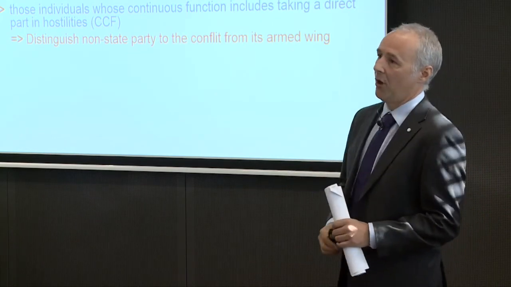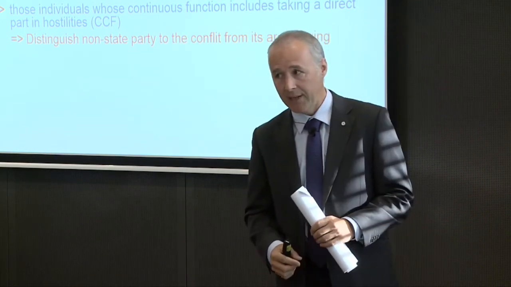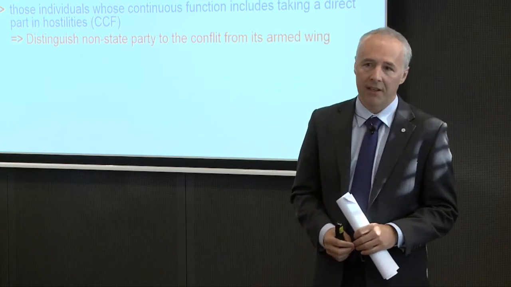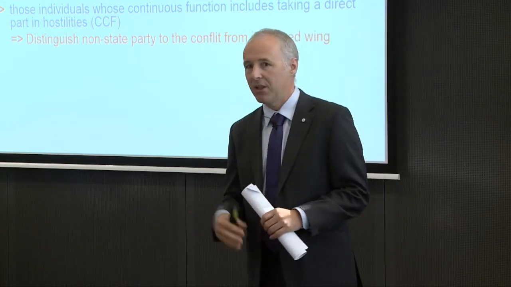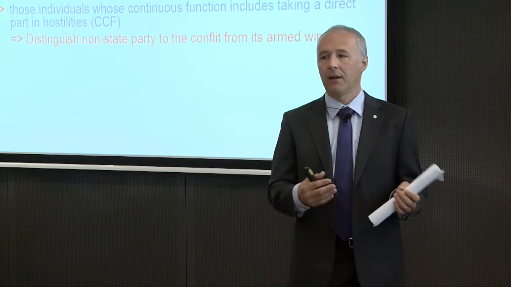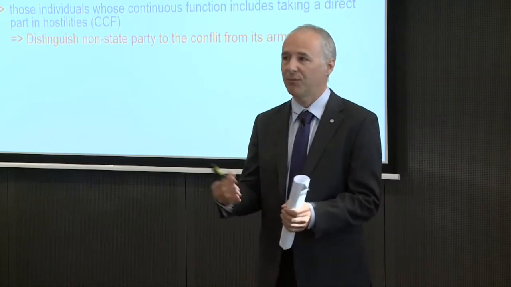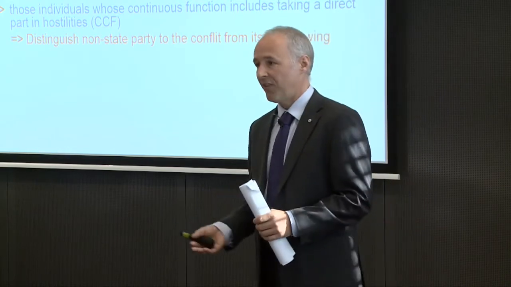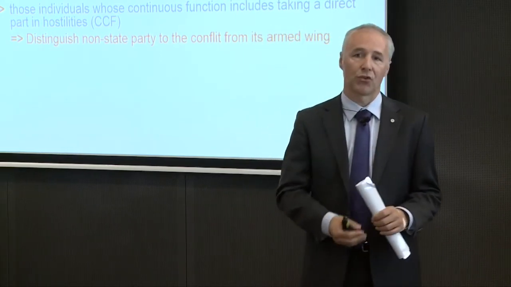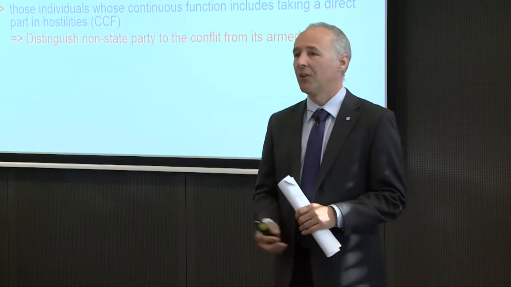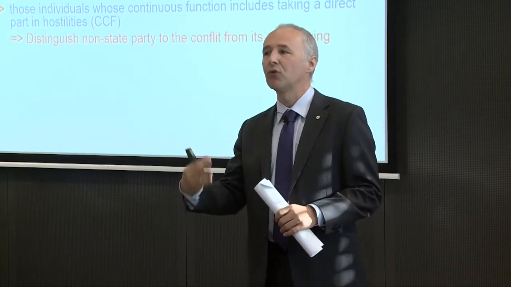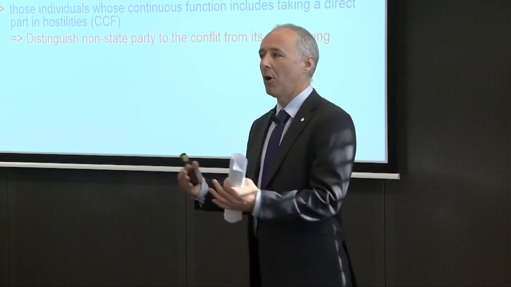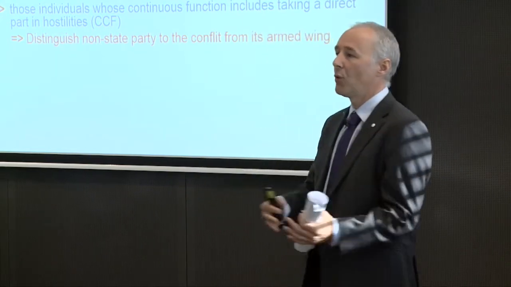Let's take the example of the Islamic State group in Iraq. Of course, they are fighting, but they also have administered territory, less and less because they are losing territory, but they have administered territory. So they also have people who have political roles, who have administrative roles, etc. So now you need for those groups to distinguish who is a member of the armed forces of that group and who is not a member.